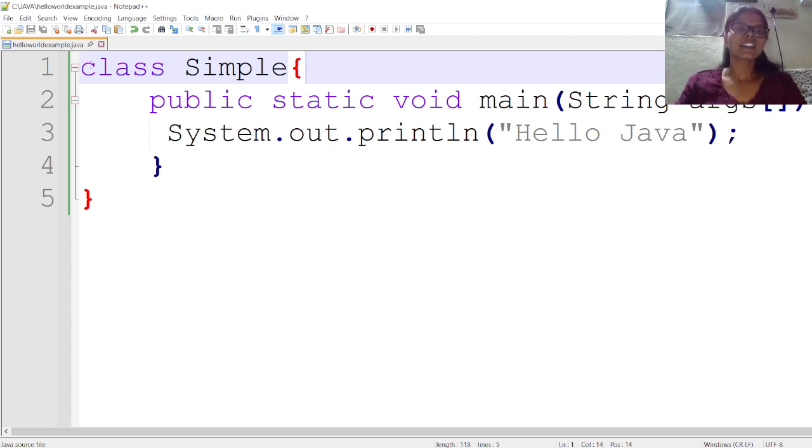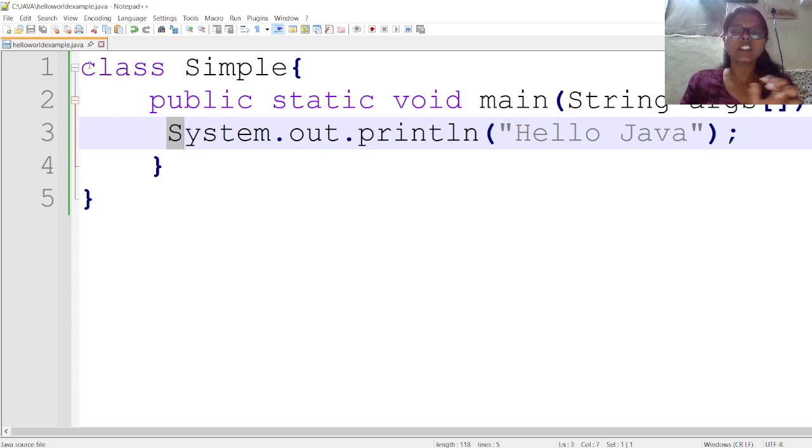Here the basic hello world program syntax is, in C we just write #include stdio.h to include the header file. Why do we include that #include stdio.h in C? To get output on the screen, to use printf and scanf. The standard input output libraries are present in that header file, right?